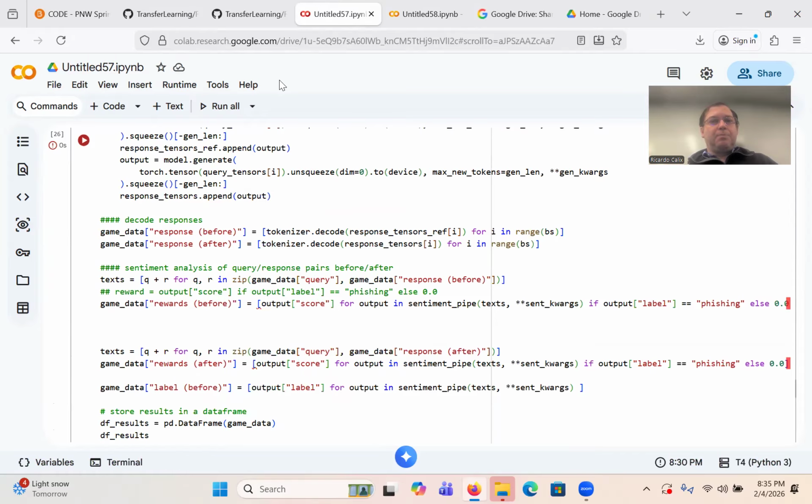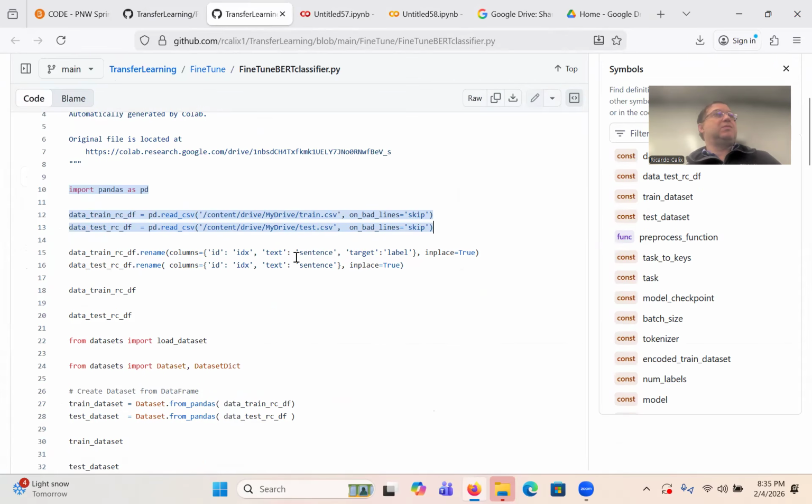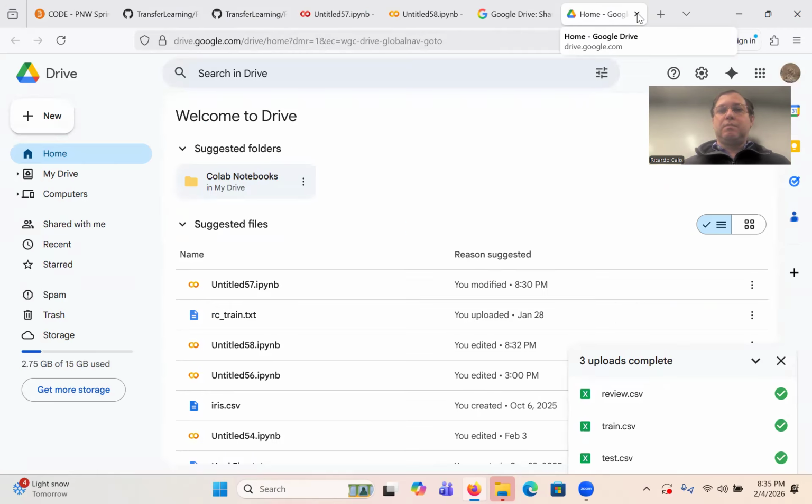Okay, so now I've got the data. Remember, again, the key thing is you put the data in that format. You're then going to convert it to the format that the Hugging Face workflow expects. There are things that need to be replaced, so for instance, ID to IDX, text to sentence, label to target, things like that, right? So this is a mapping or renaming of the data. So let's go ahead and do that.